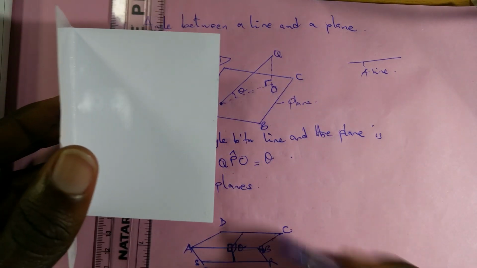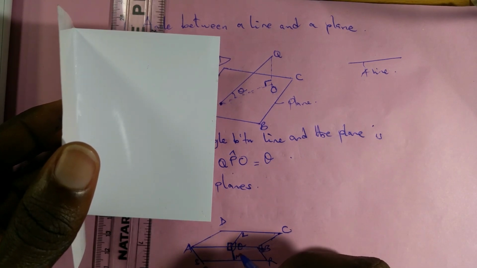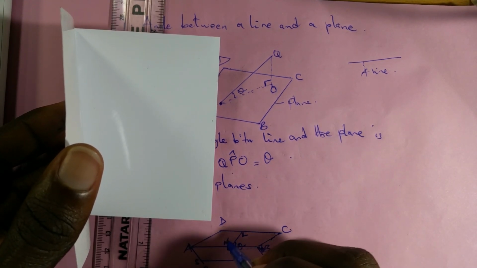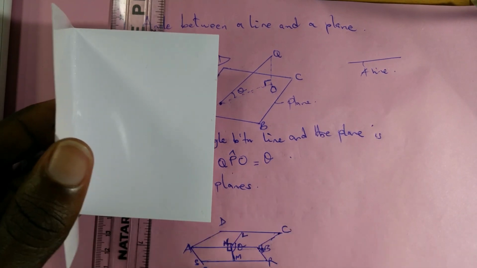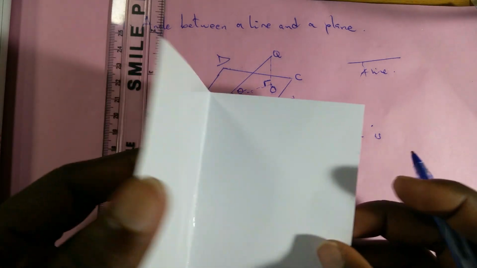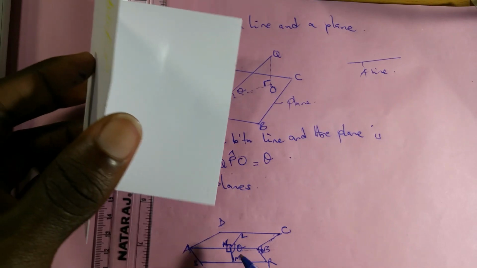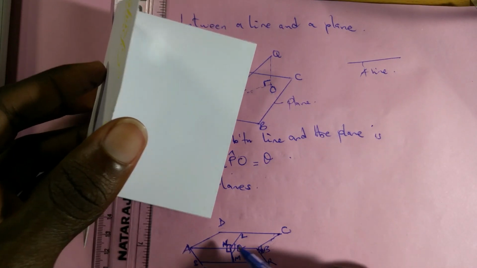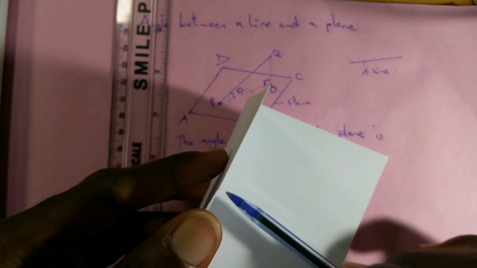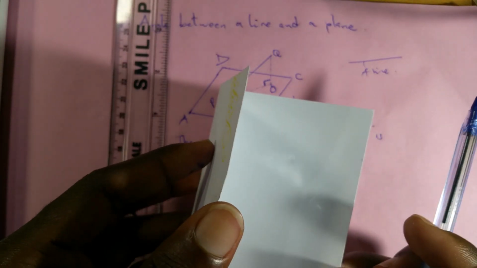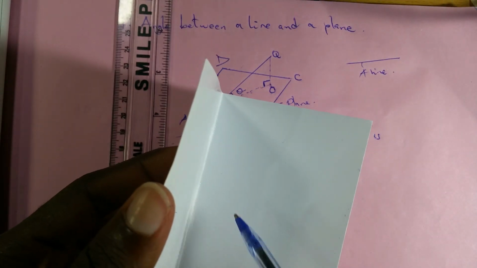Then we can name, maybe say, this line is L, this one M, then we make here to be N, so that we know that actually if we draw a line here and a line there, the angle between these 2 planes will be actually the same as the angle between these lines. Why? Because these lines are just perpendicular, like at right angles there, also another one at right angle. But when you fold, you see that there will be an angle between those 2 planes. Inside there will be an angle,